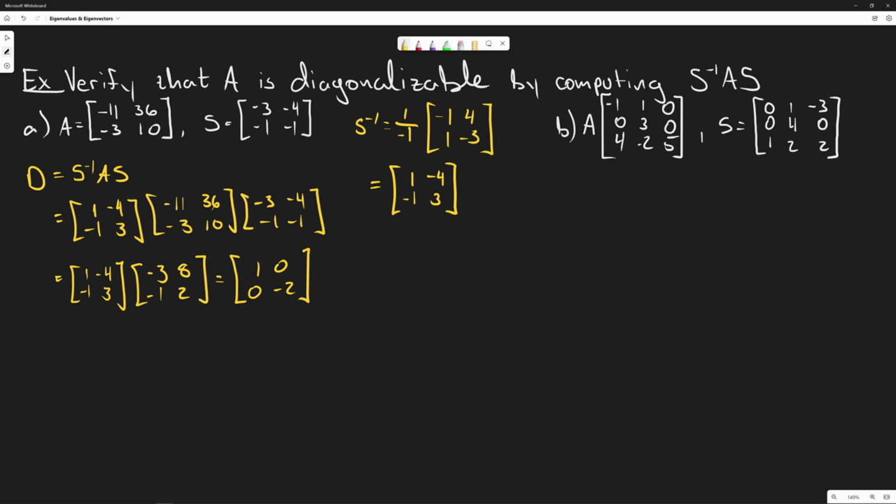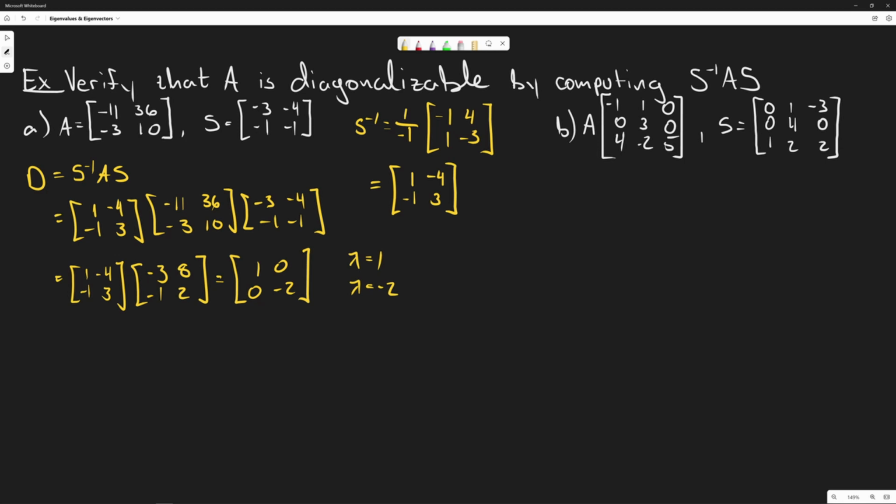This one wasn't bad, and as you can see, this tells us that our eigenvalues are lambda equal to 1 and lambda equal to -2. So that's pretty much it with verifying them. All you have to do is really multiply them. I guess the hard part will be the matrix multiplication, and also finding the inverse if you don't remember how to find them. So now let's continue on with part B, and this gives us a 3 by 3